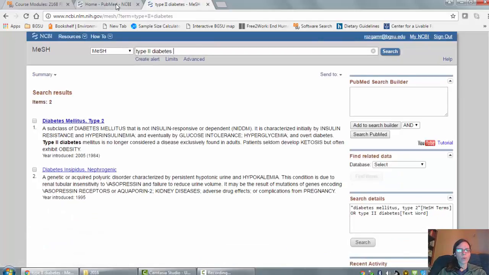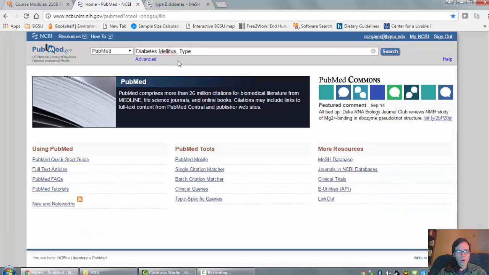Okay, they have the actual number in there. Type 2. Okay, and then I do a connector word. I put AND in caps, and I'm going to put glycemic index. Now, instead of AND, you could also put OR. You could put,